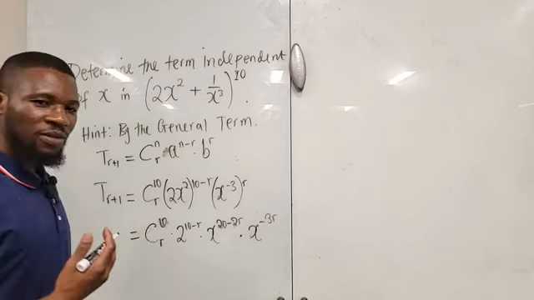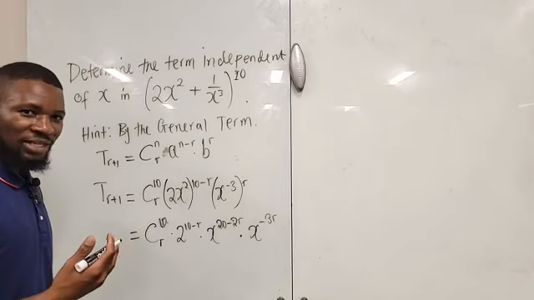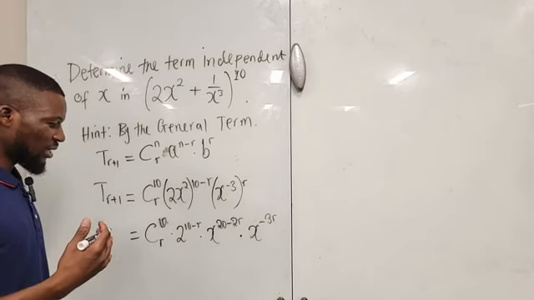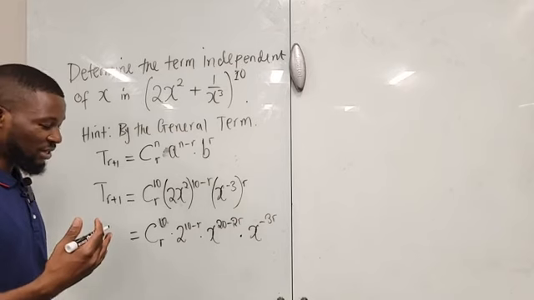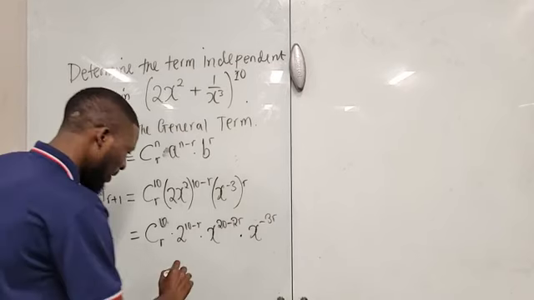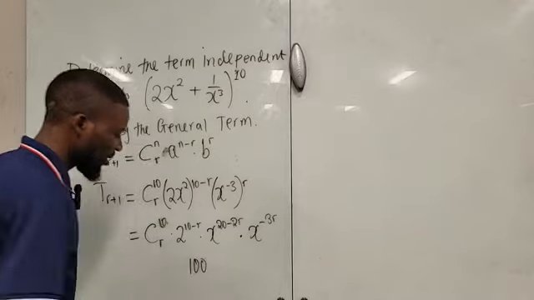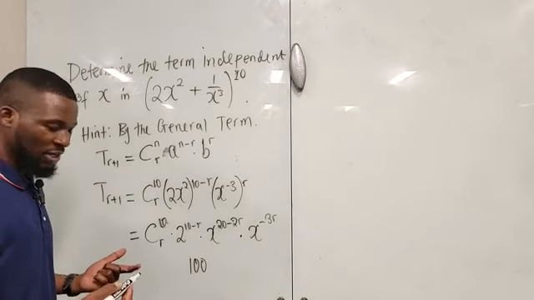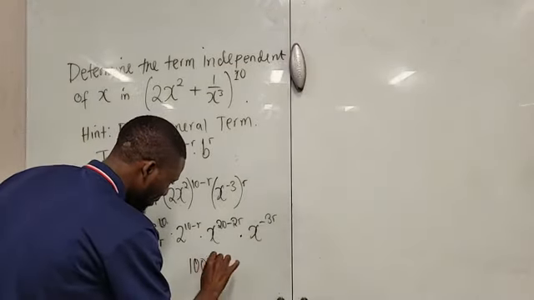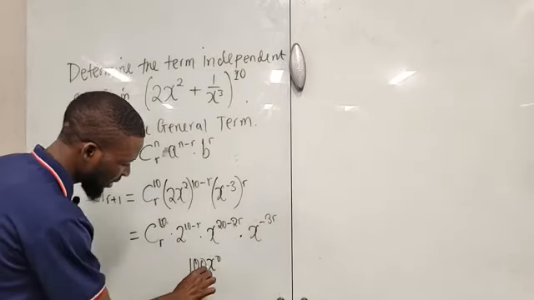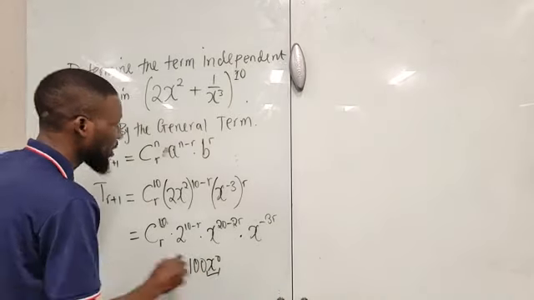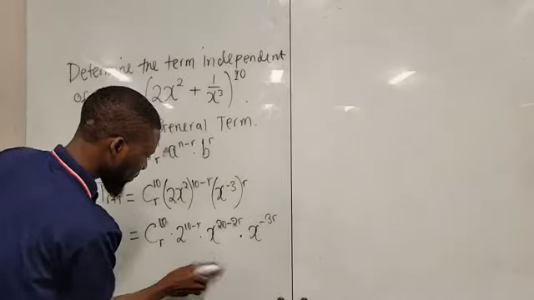So since we are looking for the term that does not have x, meaning that the power of the variable is 0. Remember, if I said 100 is maybe an example of a term independent of x, we can write 100 to the power 0 because x to the power 0 is 1. Okay, so therefore,